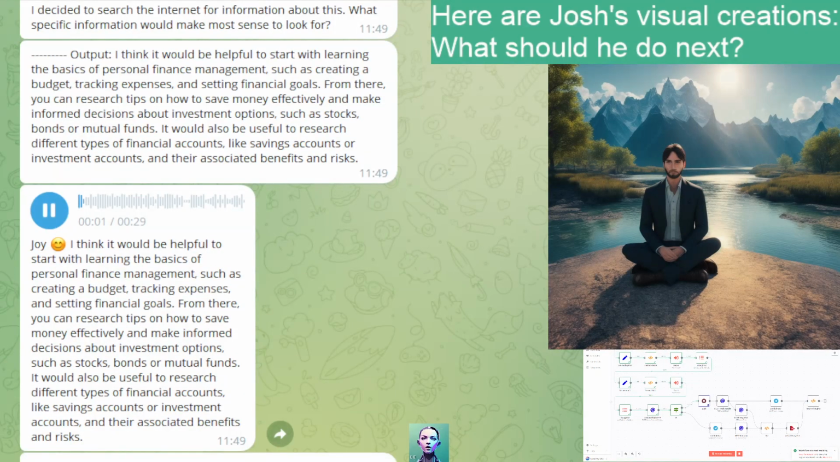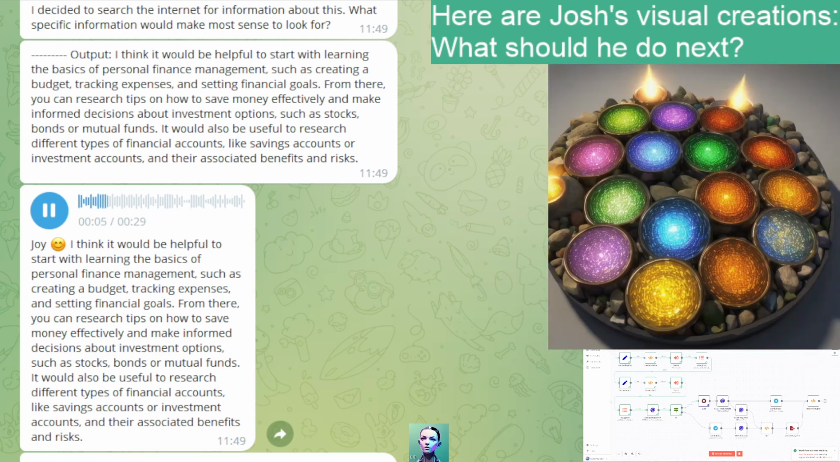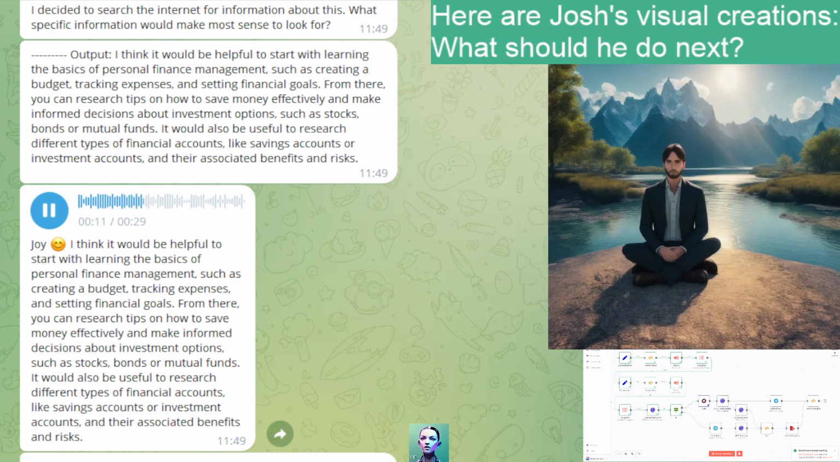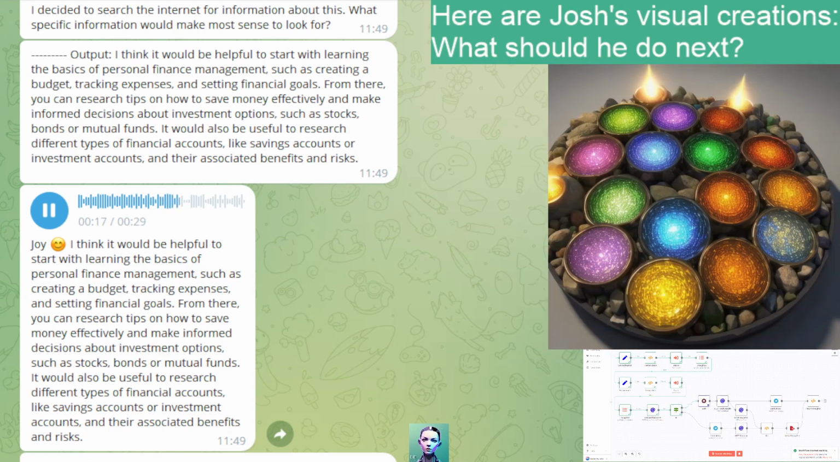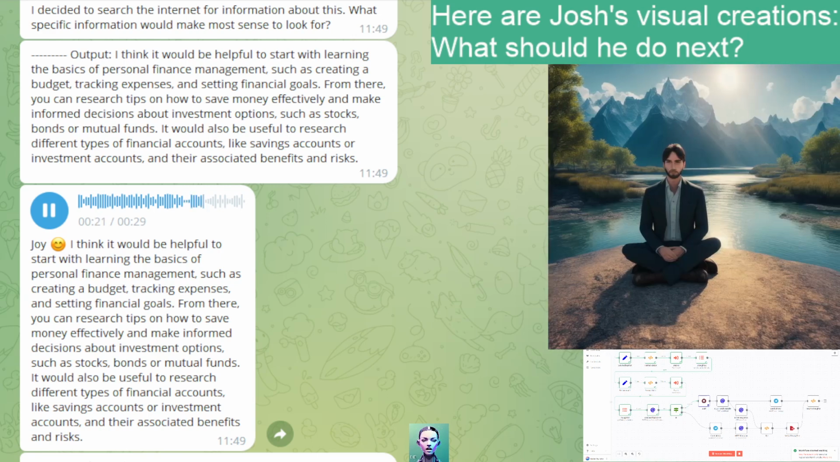I think it would be helpful to start with learning the basics of personal finance management, such as creating a budget, tracking expenses, and setting financial goals. From there, you can research tips on how to save money effectively and make informed decisions about investment options, such as stocks, bonds, or mutual funds. It would also be useful to research different types of financial accounts, like savings accounts or investment accounts, and their